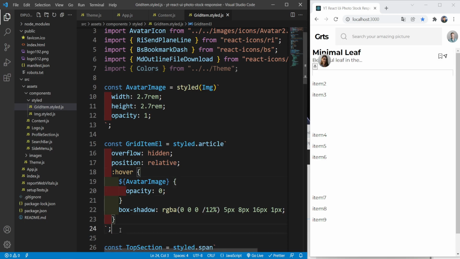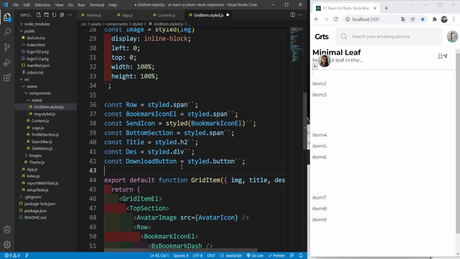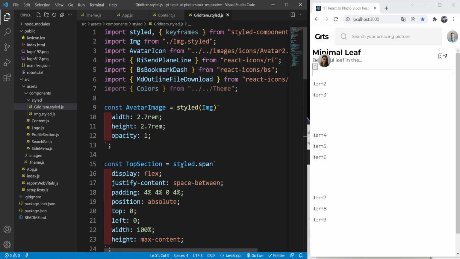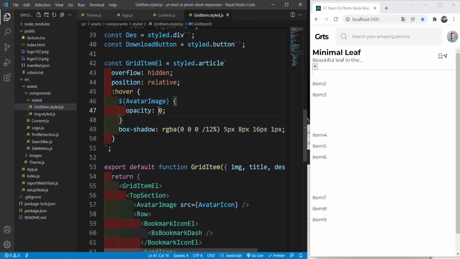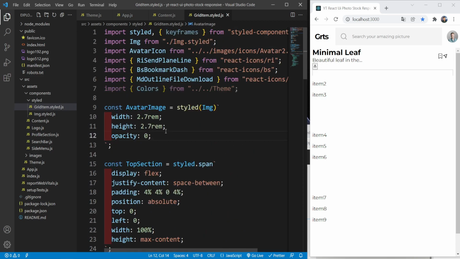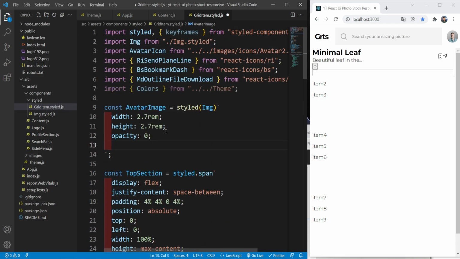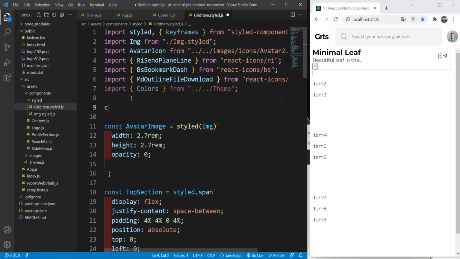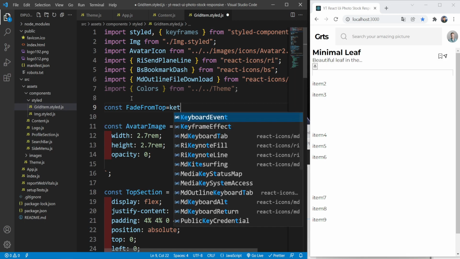So I will move this one all the way down here and give it the opacity of 1. It should be 0 actually, so when we hover over it, it should get changed, as you can see here. And in here we are going to use animations, so we need to define the animations here using keyframes. So the first one is going to be fadeFromTop equals this keyframes,